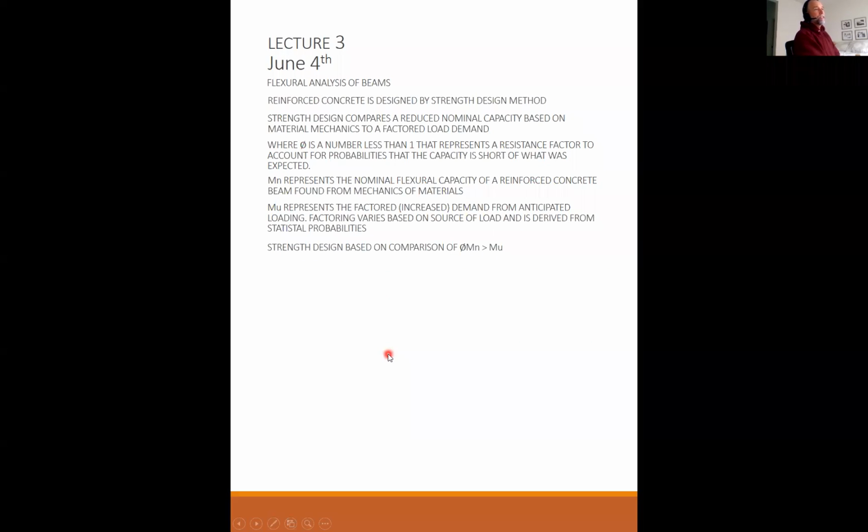Okay, so strength design is based on a comparison of phi Mn greater than or equal to Mu. And at the end of every one of your homework problems or test problems, or in the real world as a practicing engineer, this is your final step. Whatever it is that you have done to get into the ballpark or estimate how much steel you need, or use the tables or equations, whatever it is that you use to come up with a reinforcing strategy, you have